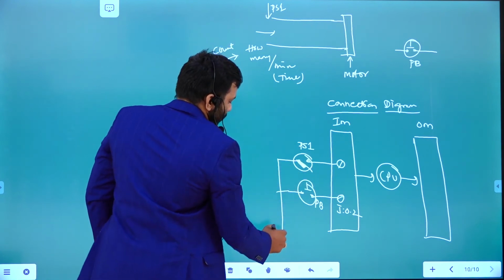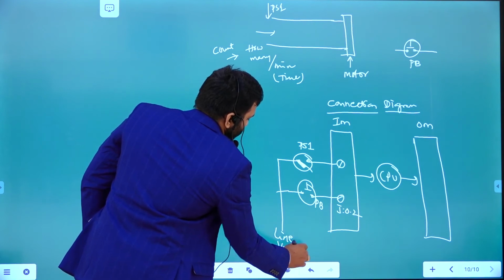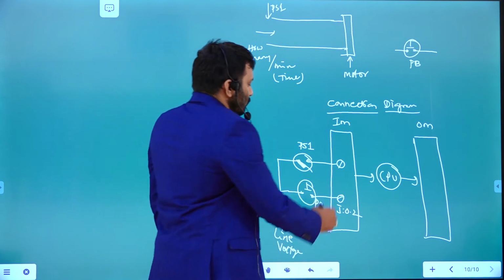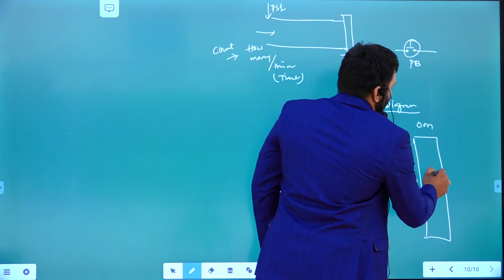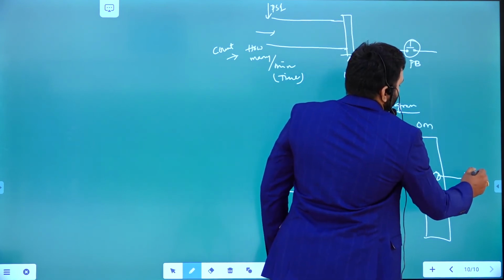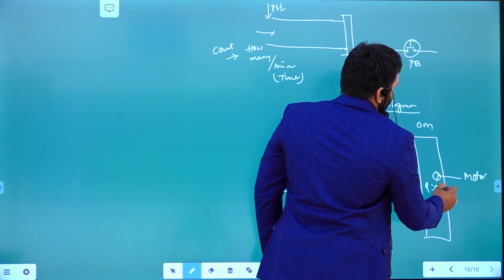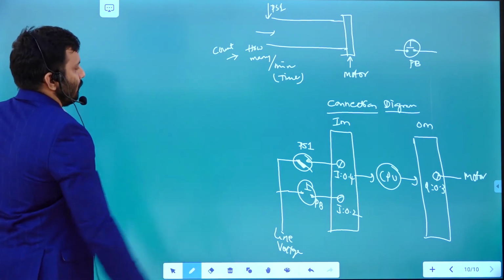Both are connected to the line voltage. Proximity sensor 1 also has some address, 0.4, right? Now it is going to be connected to this motor, which is at the end of the conveyor belt. Maybe it's connected to 0.3, right? So now write a program.